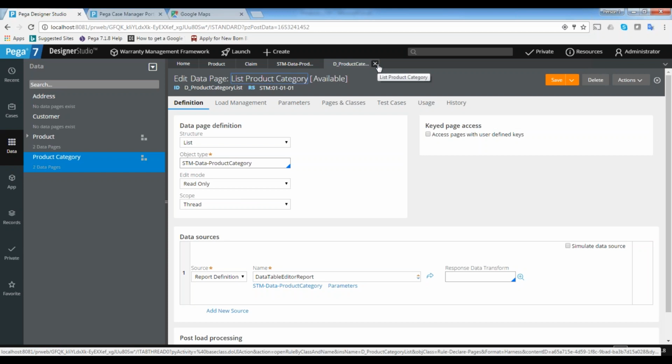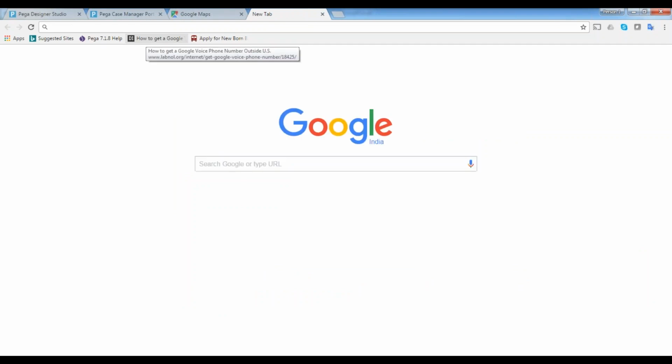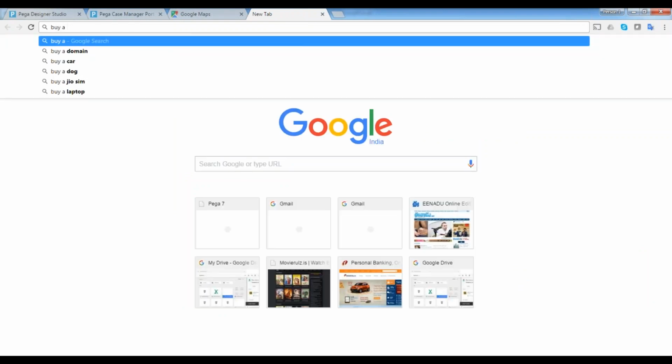It's the same as on any car website. If you want to buy a car, they ask what the brand is. If I select Hyundai, then you select the subcategory, like the model. Each brand has multiple models. You select the model, and then within the model you get different options. So, buy a car.